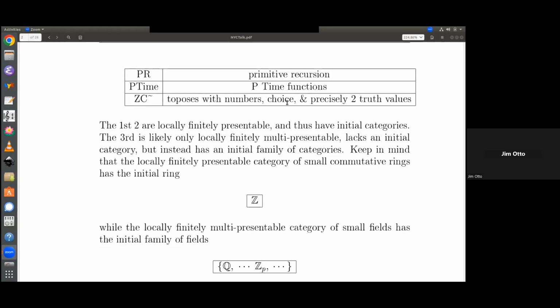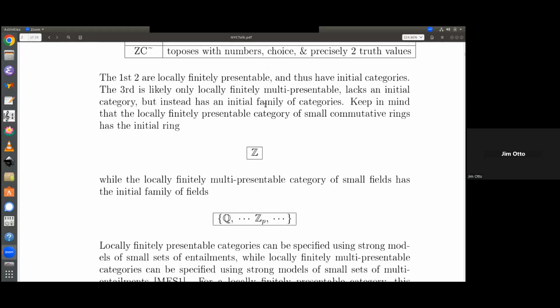But it probably has a really massive number of truth values. There's a huge number of ways to cut it down to having two truth values. So that's something I will need to look at, but I'm putting it up here because it's not obvious that a doctrine is locally finitely presentable. It could be locally finitely multi-presentable, and